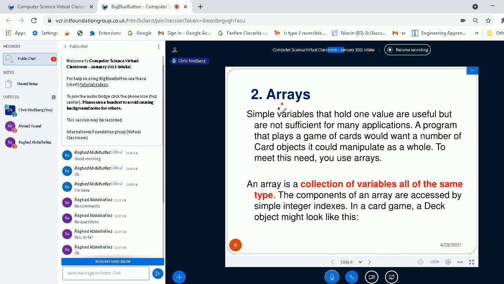But arrays. Simple variables that hold one value are useful, but aren't sufficient for many applications. A program that involves playing a game of cards would want a number of card objects it could manipulate as a whole. And to meet this need, you could use arrays. An array is, by definition, a collection of variables all of the same type. And the components of an array can be accessed by simple integer indexes, and have to be. So in a card game, a deck object